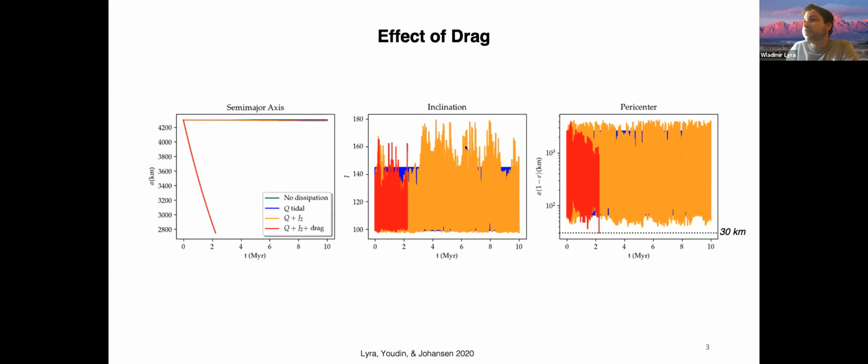On the middle plot is the mutual inclination of the bodies. You see the blue line, you would have some cycles that are regular. The period of the cycles is very short, so you barely see them. You just see a continuous blue line, but inclination varies very regularly. That's Kozai-Lidov oscillations. What you see is that when you include the quadrupole, the orange line, the oscillations start to